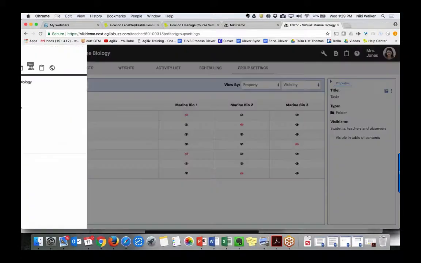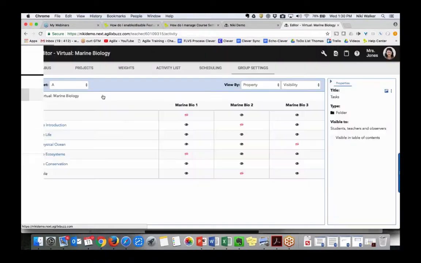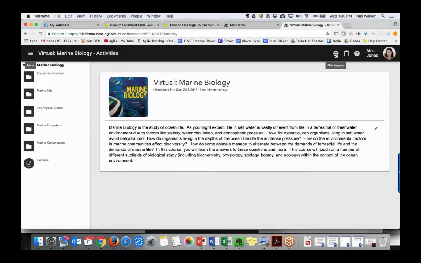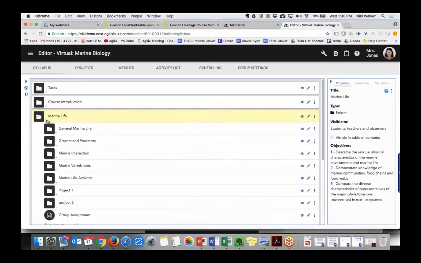One thing to mention that I thought was pretty cool in the new interface was the filter by group. This was pretty neat where I could actually go in and filter by group. This is just a little tidbit because I was pretty excited about this feature. This icon would also be hidden, but you may not know about it yet if you haven't been playing in the new UI. But I can filter by any group. So let's say I just want to see my Marine Bio 2 content. If you're familiar with groups, you can turn on and off content by group. So I just want to see what my Marine Biology 2 group can see. All right, so if I go into